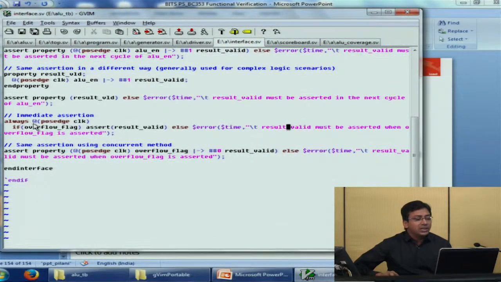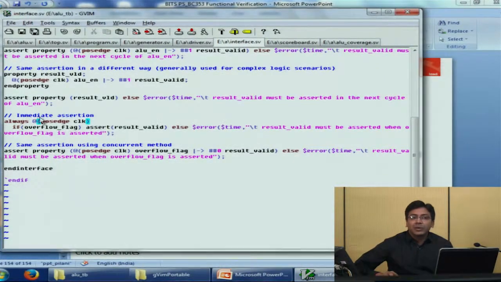So how do we write it using an immediate assertion? It says that always at the passage of clock, check a condition. If overflow flag is high, look for result valid. If it is high, then it is okay. Otherwise, fire this assertion. Okay, so let's go through the code part now. It is an ever running block in itself: always at the passage of clock.